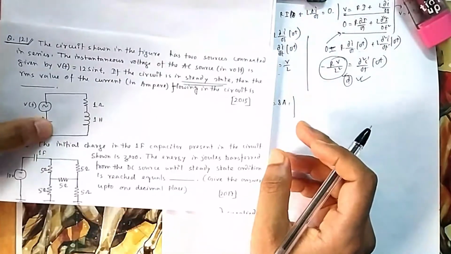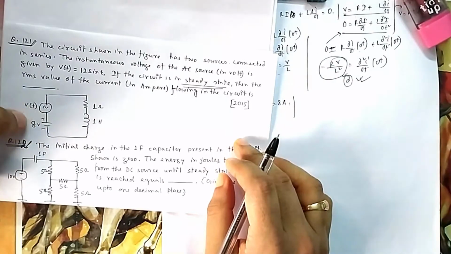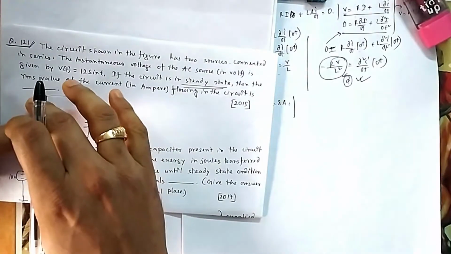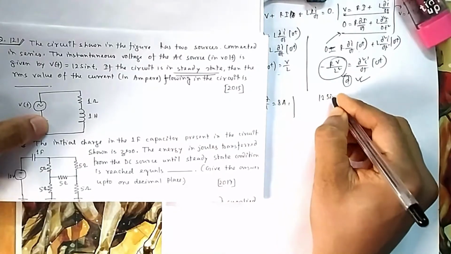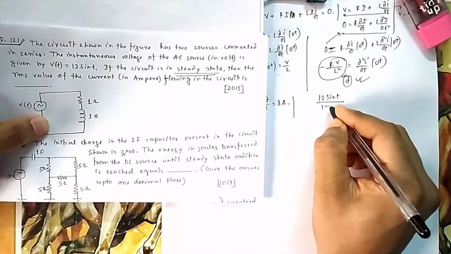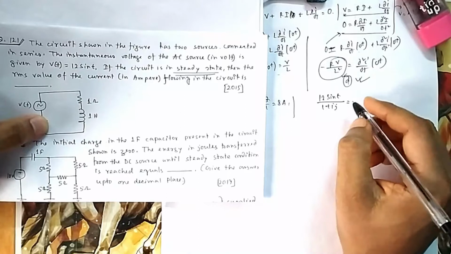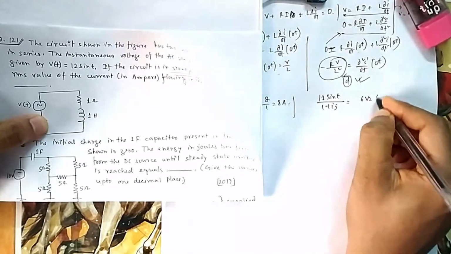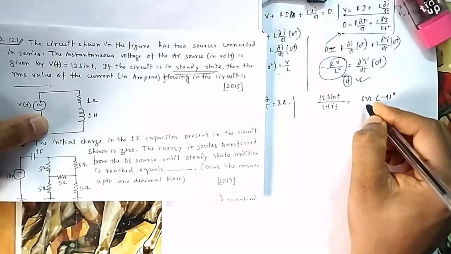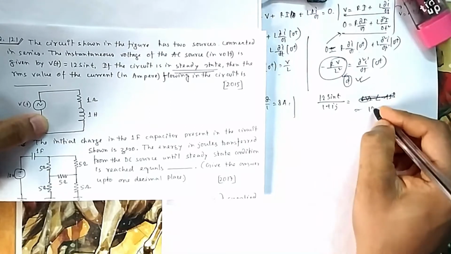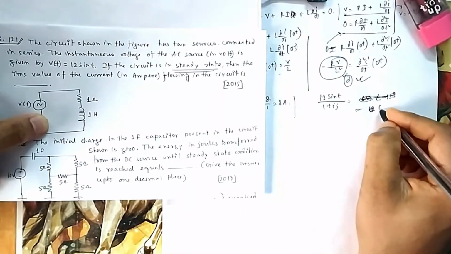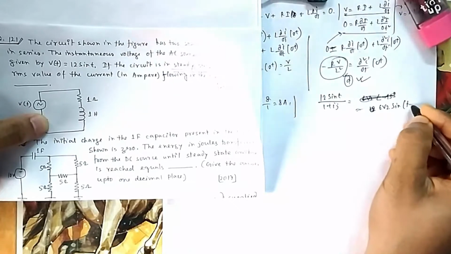Now if you stop this one, you short this one, and you think about only this one by one, I am taking the superposition principle. So if I apply this one, what will be my current now? Here it will be 12 sine t, this voltage, divided by this Z. The magnitude of Z you can take as 1 plus 1 j. Then let me write it in sine itself, because root 2 you have to divide in phasor. So it will be 12 by root 2, that is 6 root 2 sine t minus 45.